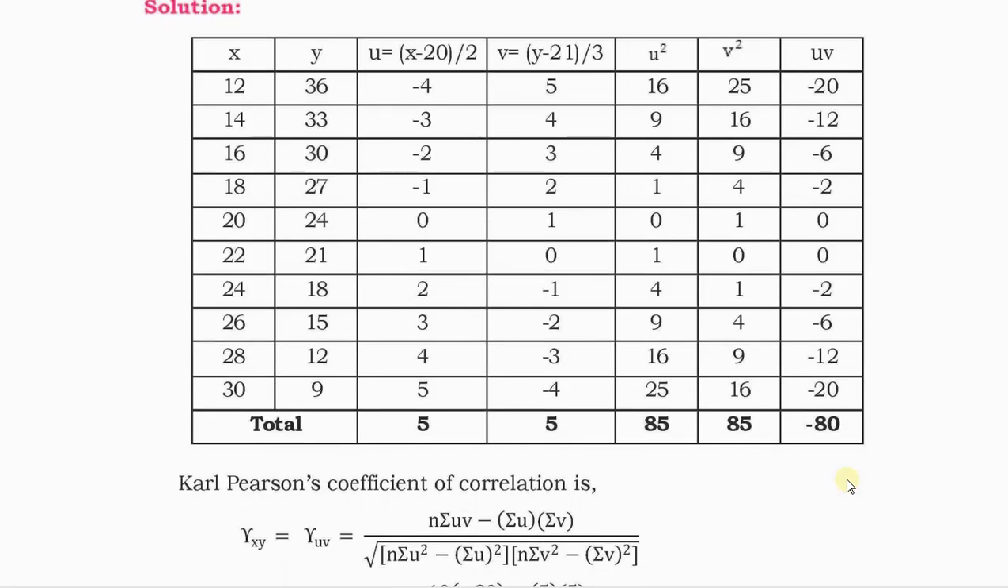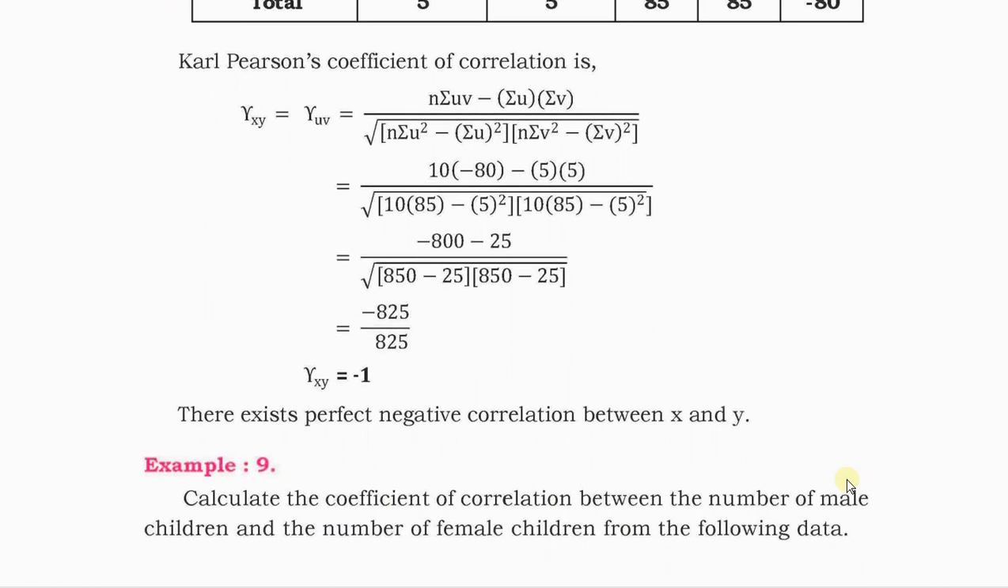Okay. Now let us look at the substitution and the results here. So again the formula is n into summation of u into v minus summation of u into summation of v, divided by root of n into summation of u square minus summation of u whole square, into n into summation of v square minus summation of v whole square. So that is 10 into minus 80 minus 5 into 5, divided by 10 into 85 minus 5 square, again into 10 into 85 minus 5 square. So minus 800 minus 25 divided by 850 minus 25 into 850 minus 25, that is minus 825 divided by